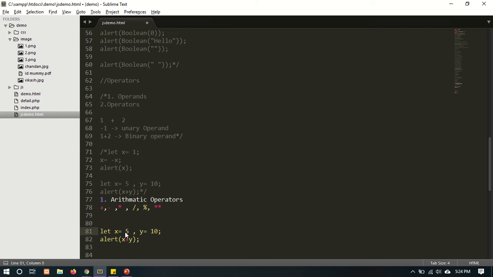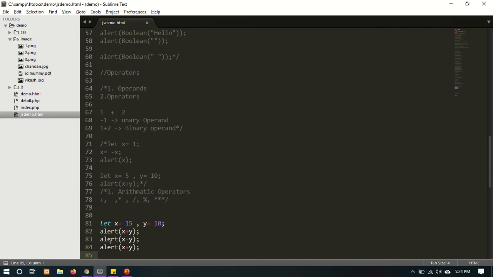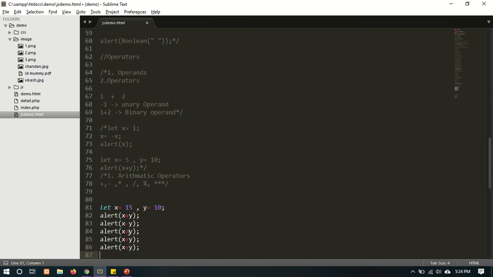Let x equals 15. Alert x plus y, next x minus y, next x multiply y, and the next one x divide y.